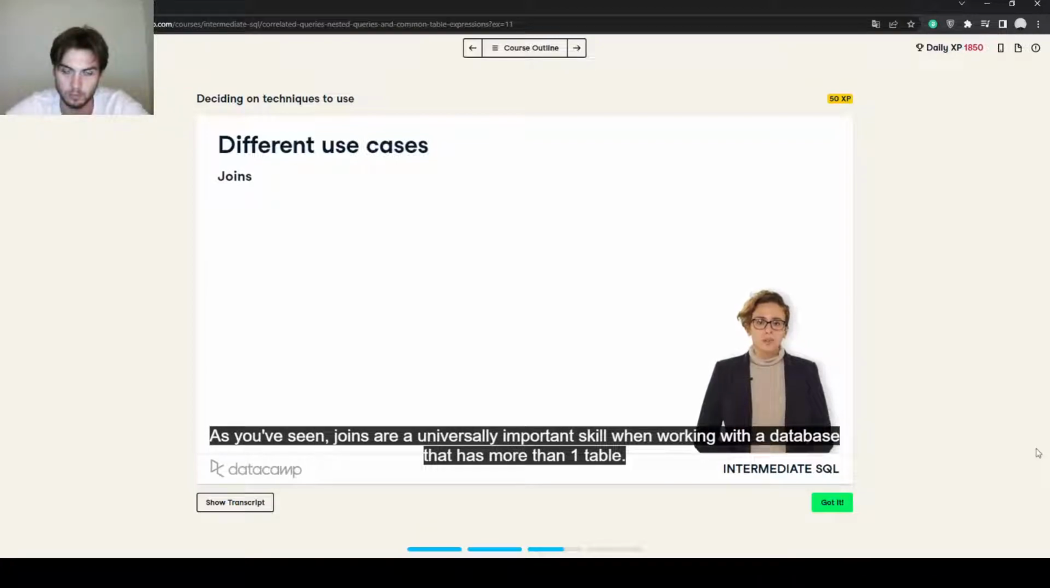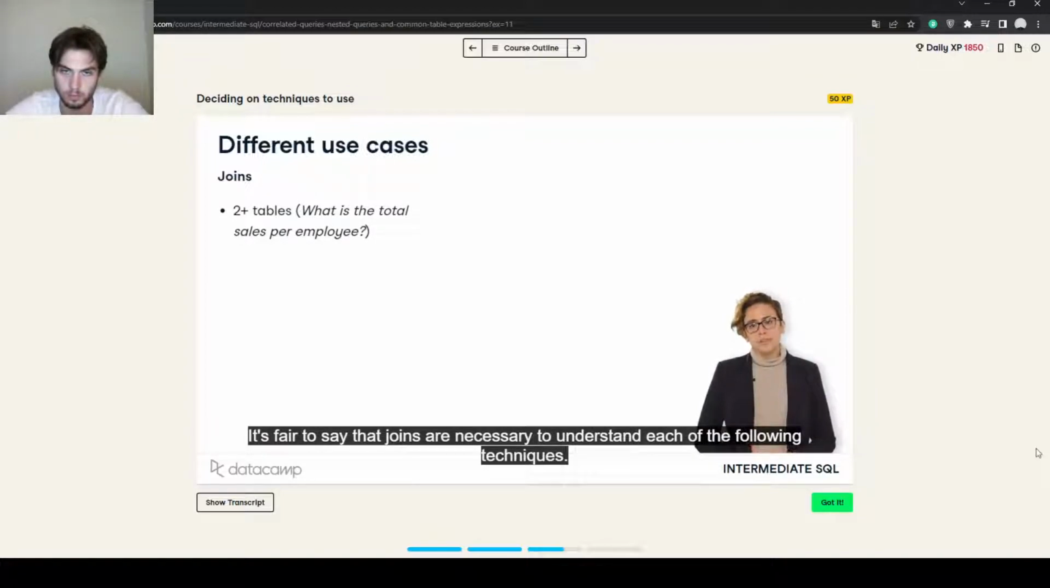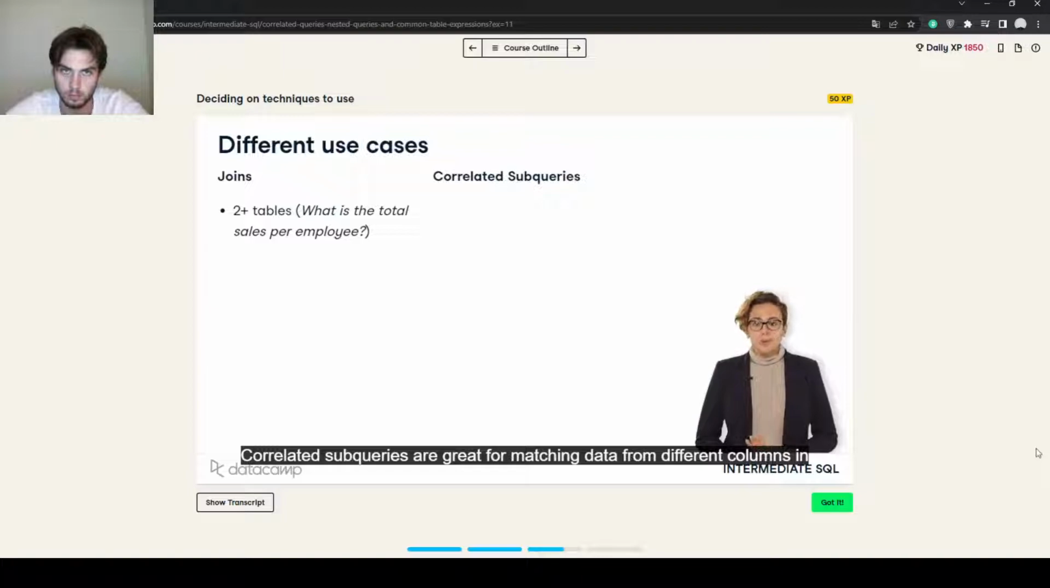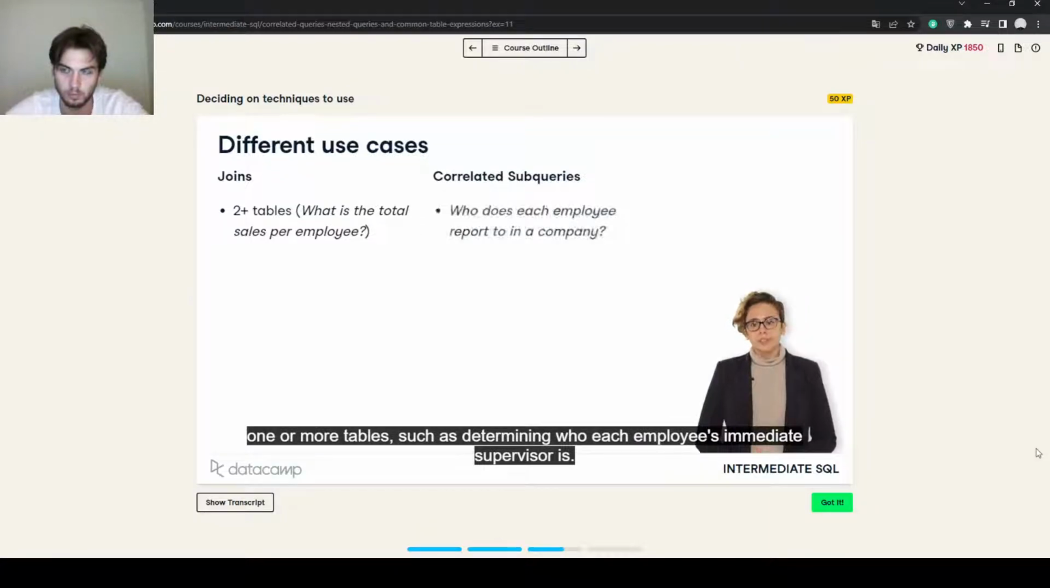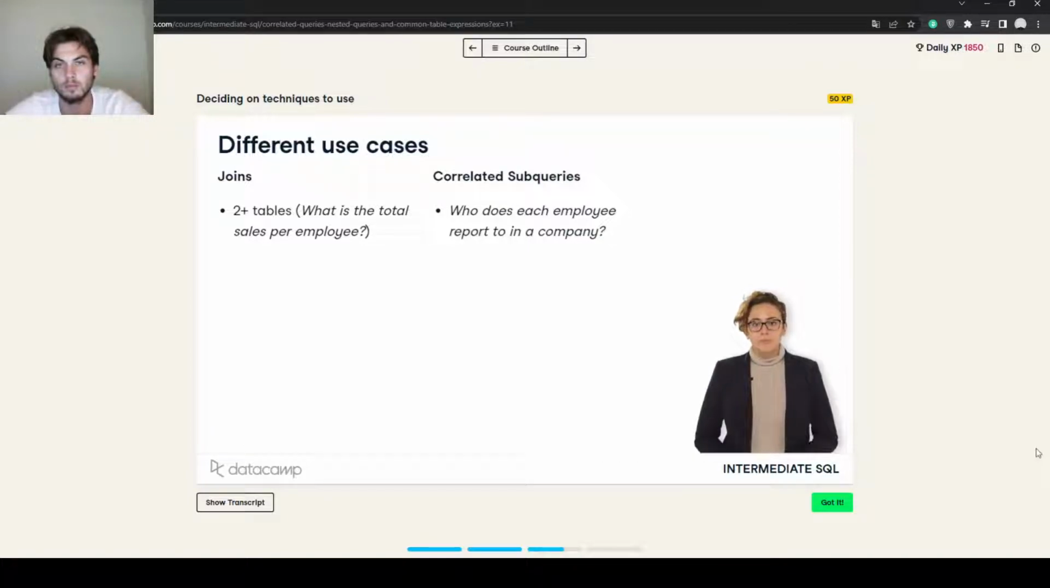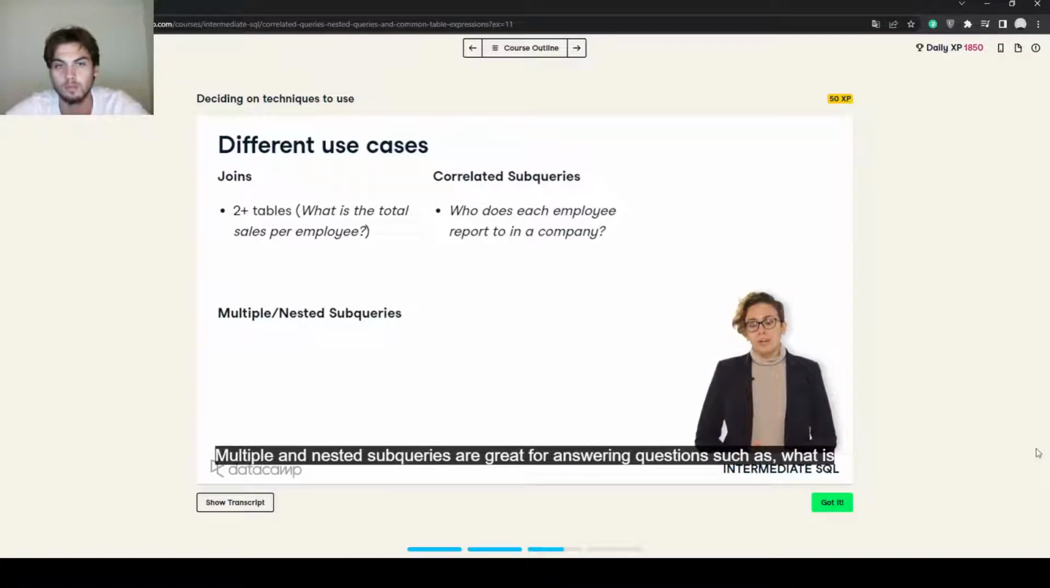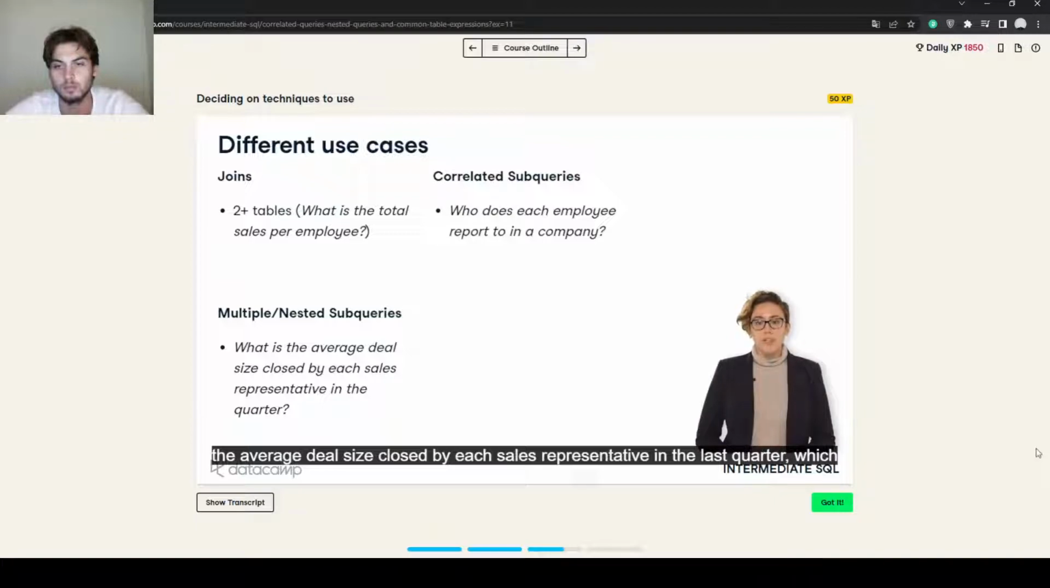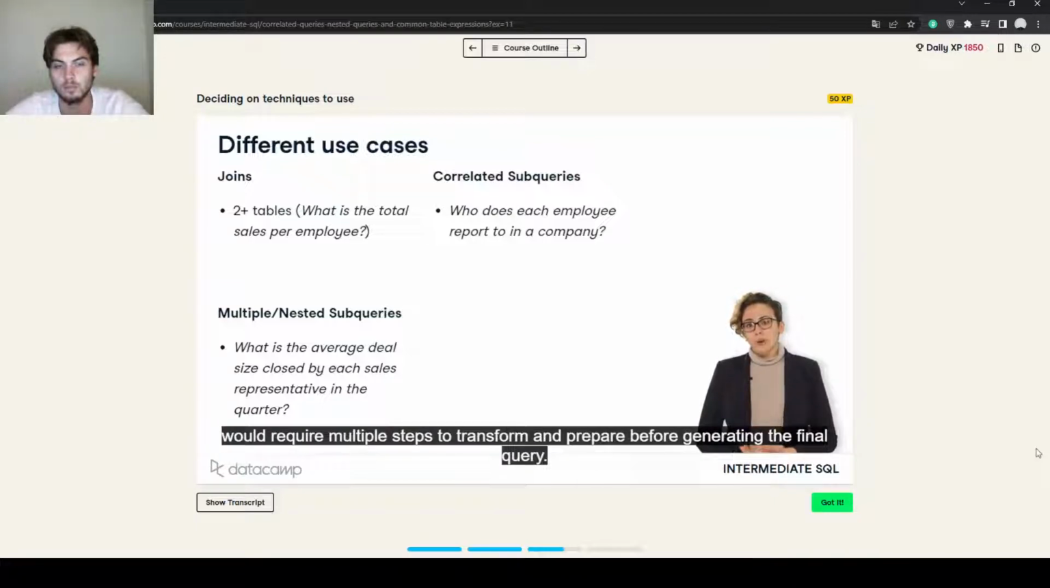As you've seen, joins are a universally important skill when working with a database that has more than one table. It's fair to say that joins are necessary to understand each of the following techniques. Correlated subqueries are great for matching data from different columns in one or more tables, such as determining who each employee's immediate supervisor is. Multiple and nested subqueries are great for answering questions such as, what is the average deal size closed by each sales representative in the last quarter, which would require multiple steps to transform and prepare before